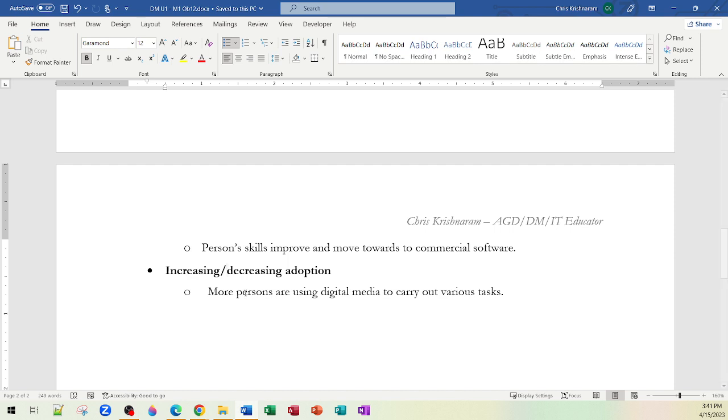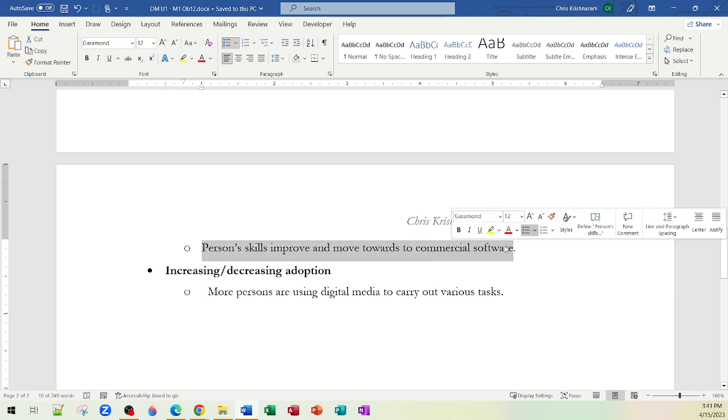But going back to this point here, a lot of persons are moving towards commercial software because even though open source software is free and affordable, it might not have all of the features that a proprietary software might have. Commercial software tends to have more features, more reliability than open source software. So when a person is skilled enough, they're confident in what they do, and they know that they're making enough money, they can afford it, they tend to gravitate to or adopt commercial software because one,